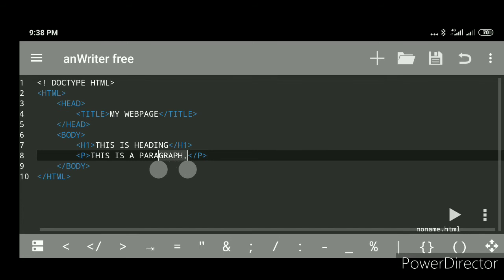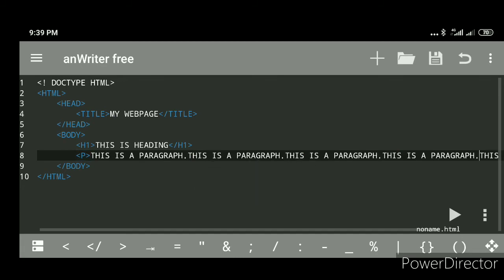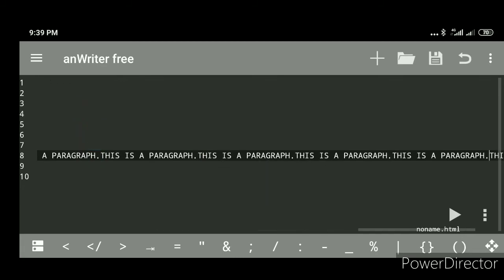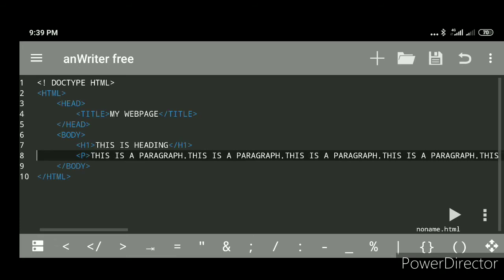Just copy and paste it as it is to make it a paragraph, so it will look like a paragraph on a web page. Okay, then close the body tag and the HTML tag, that's it. This is the web page, first how to create a web page using Notepad.